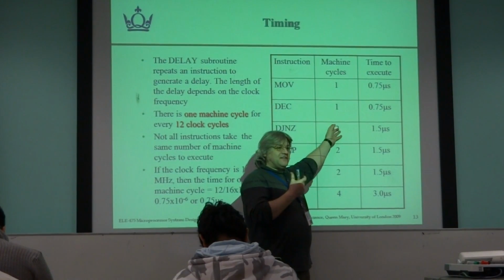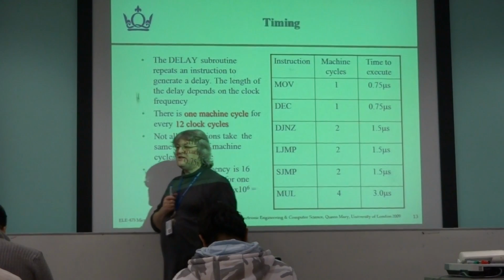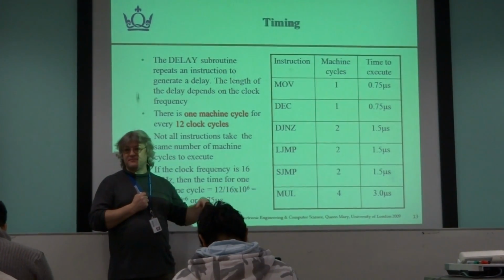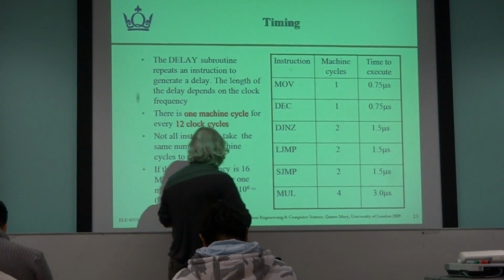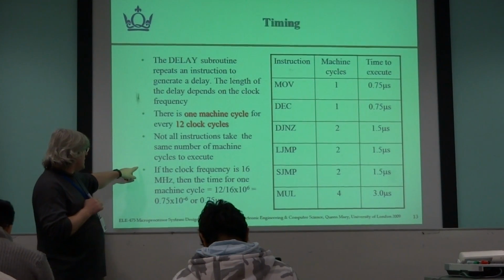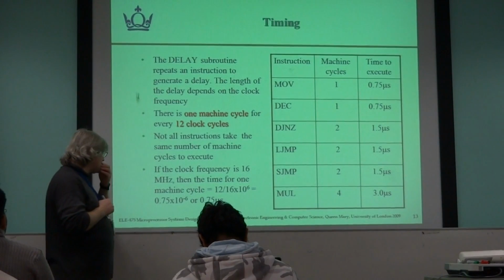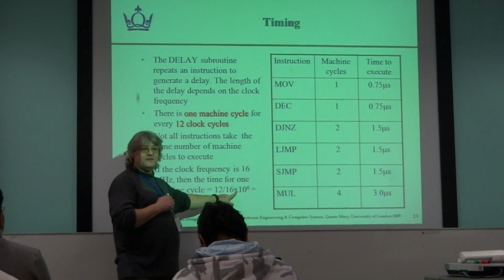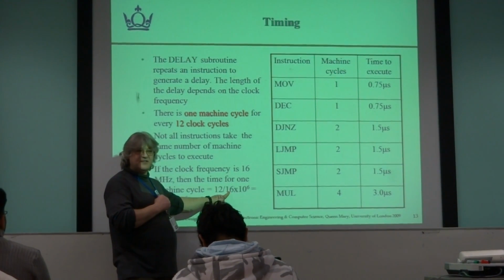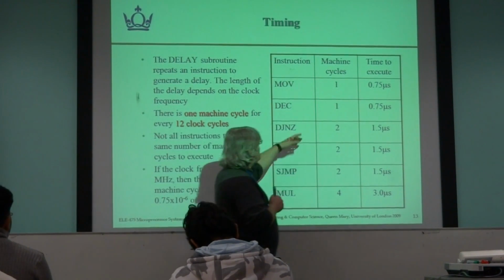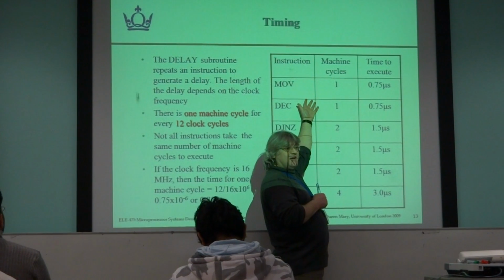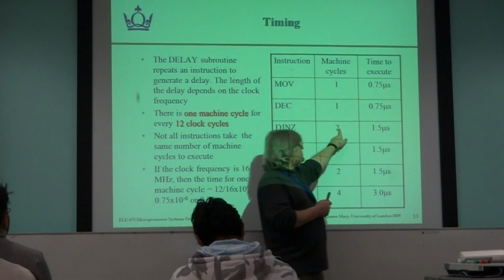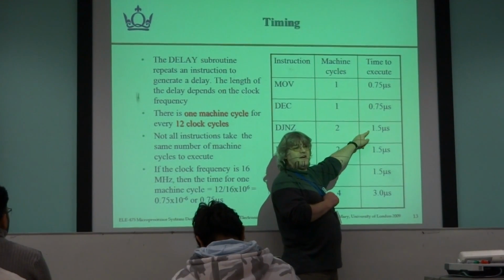However, in order to get an absolute numeric value for the time, you need to know what speed your crystal is going, because one machine cycle in the classic 8051 takes 12 clock cycles. So, for example, in this particular case, if the clock frequency was 16 megahertz, then one machine cycle would take 0.75 microseconds, because the clock is going 12 times faster than one machine cycle. Looking up in the instruction table, you're told how many machine cycles different instructions take. If this instruction takes 2 machine cycles, it will take 2 times 0.75 microseconds,